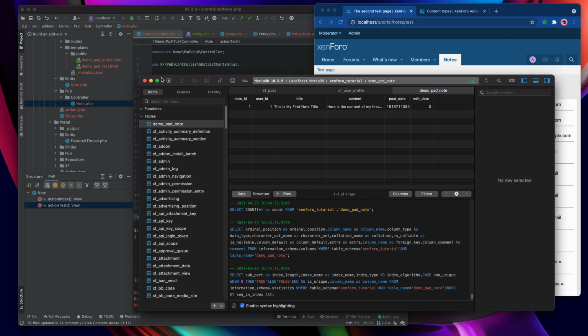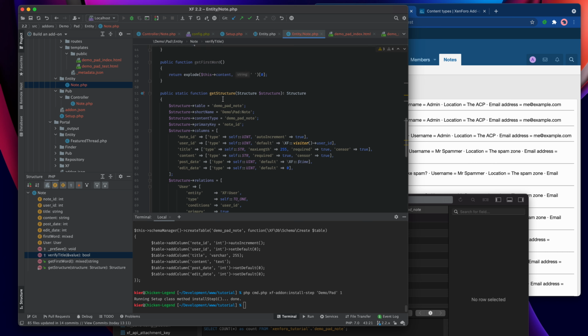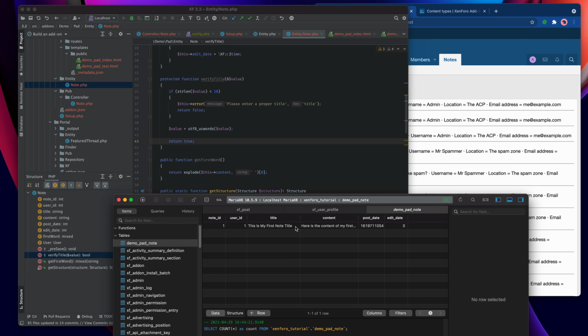Where we had the actual string we passed, it was only uppercase on the first letter of the line, the ucwords function that was part of verify title has executed and given us title case.